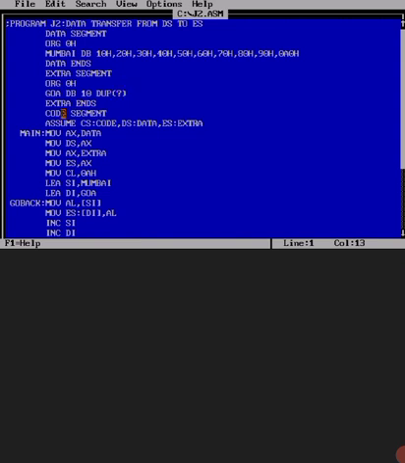Then we start with the code segment; assume these are all fixed lines. One more thing: MOV AX, extra and MOV ES, AX is also a fixed line whenever the extra segment comes. Then MOV CL, 0AH, to initialize the count. It means we have 10 data bytes, so we have to initialize the count. Afterward, initialization of pointers, that is the source and destination pointers. The source is Mumbai and the destination is Goa.